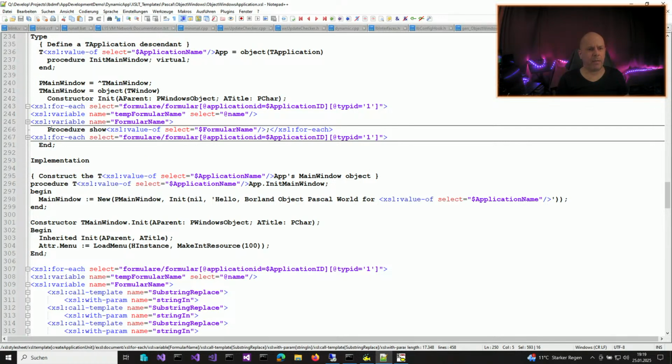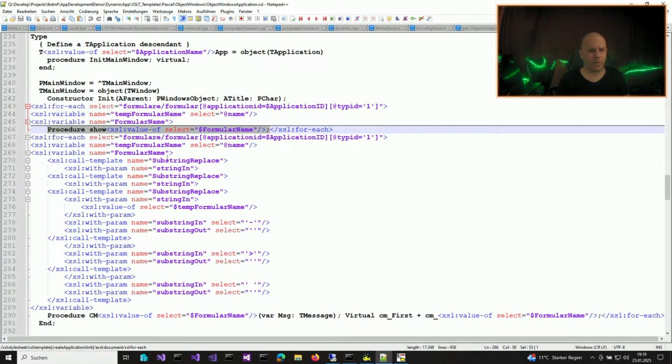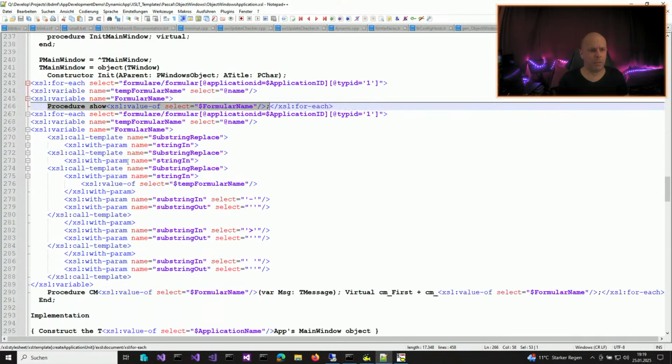And I define the show form name function, and that's it for this first part. And the second for-each loop is doing the same. Logically, I could put both in one loop,